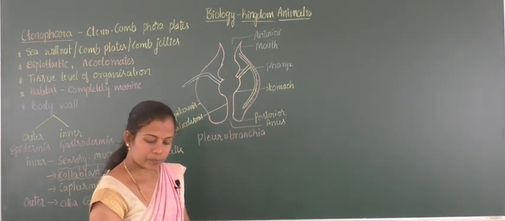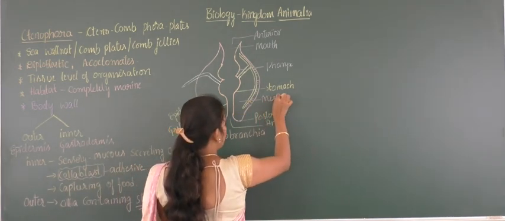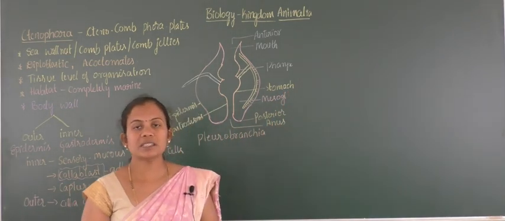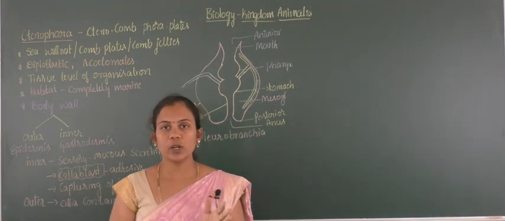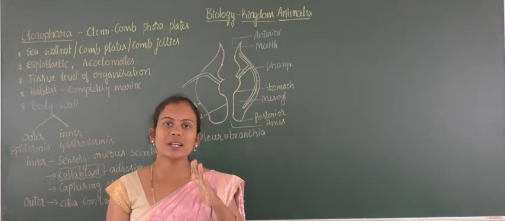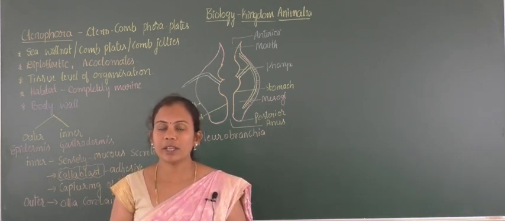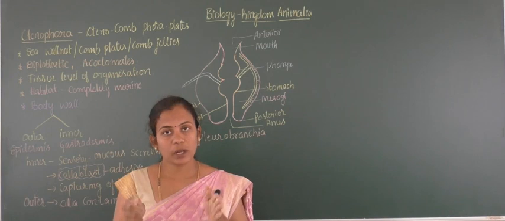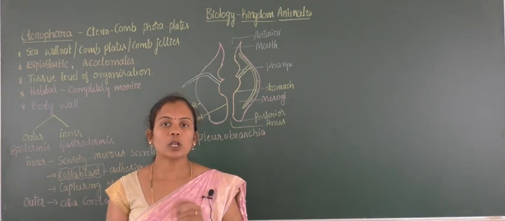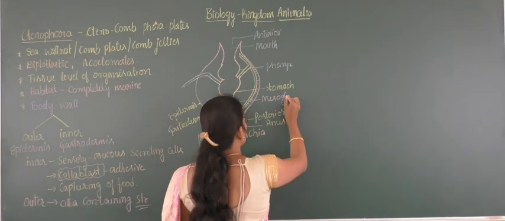And then again the region inner to this is called the mesoglea, which is a non-cellular part. As in the case of diploblastic animals, there will be the presence of only ectoderm and endoderm, outermost ectoderm and innermost endoderm. Here they are called the epidermis and gastrodermis. Two layers will be formed. In between them there is an absence of a body cavity, but still between the two layers there will be a space, and that space is filled by a non-cellular component called the mesoglea. So here it is called the mesoglea.